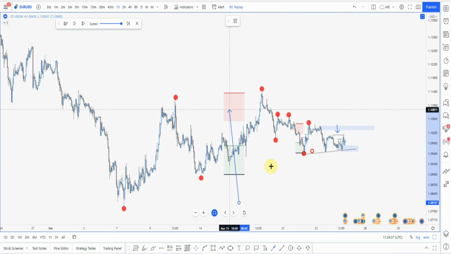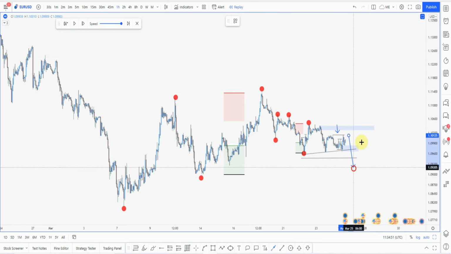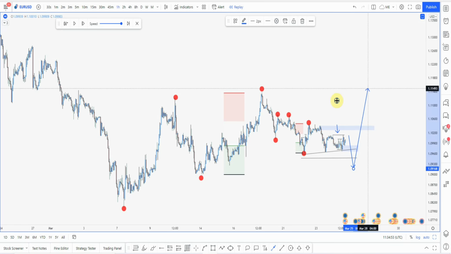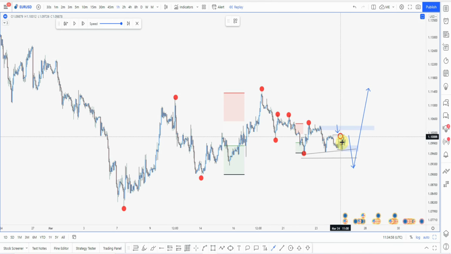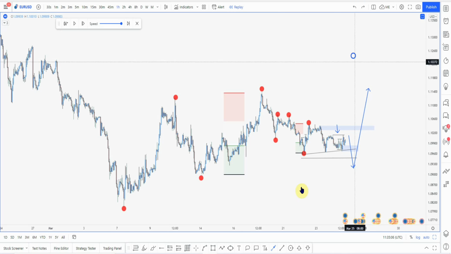Okay, I was thinking market builds this liquidity to the downside. Okay, market trades like that if market wants to trade higher. If market doesn't want to trade higher, market does like that. Okay, but that was my clear thinking, and this kind of move happens most of the time in the market.